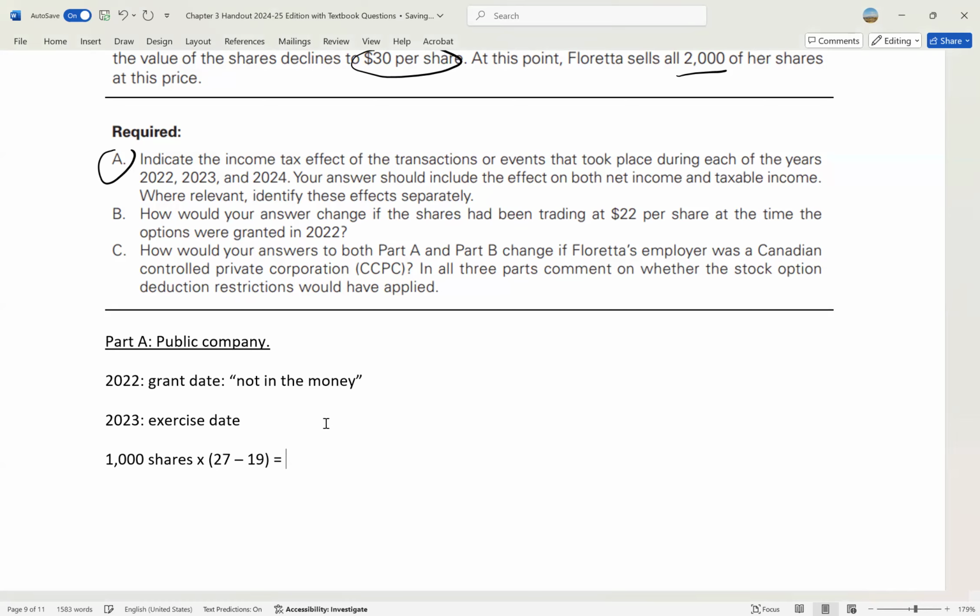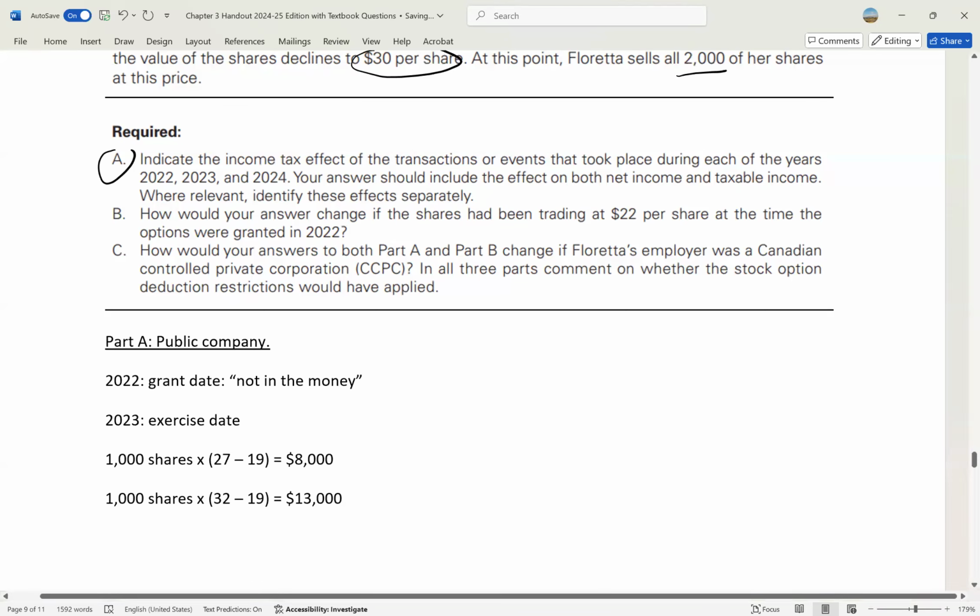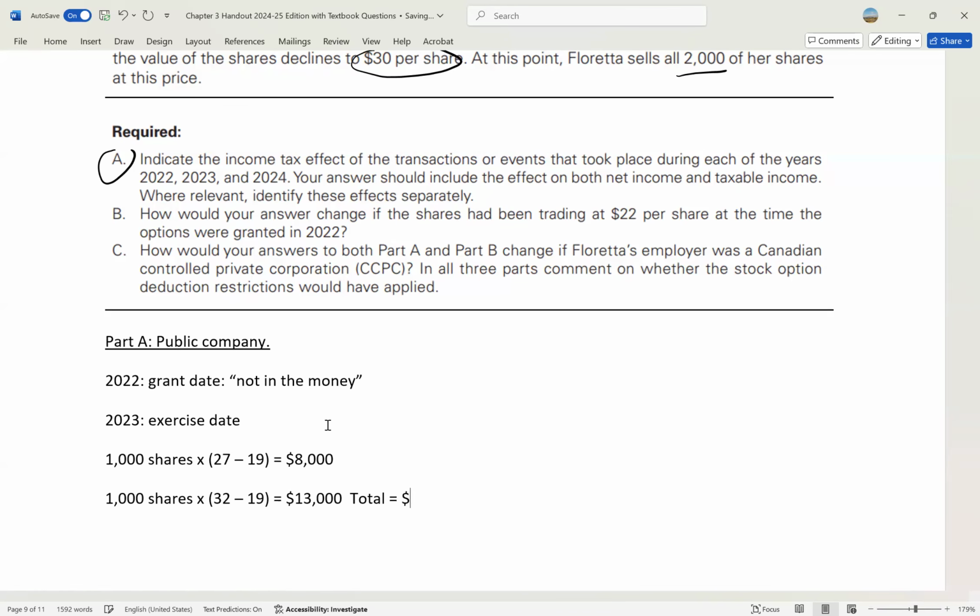And so that's going to result in $8,000. When she exercised the second 1,000 shares, the value was $32. She paid $19, once again, that's an increase of $13 per share. And so that's going to be $13,000. So the total is going to be $21,000 that she would have to include